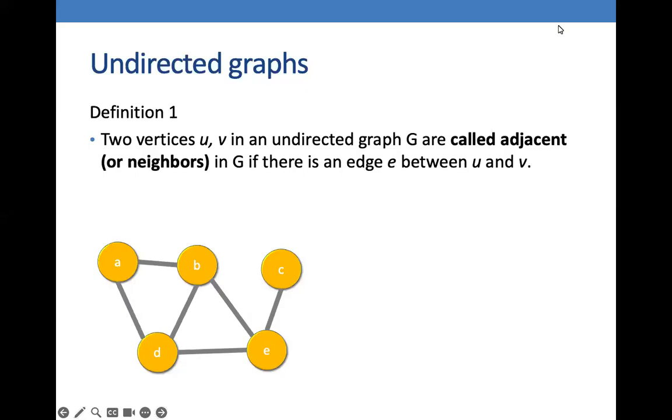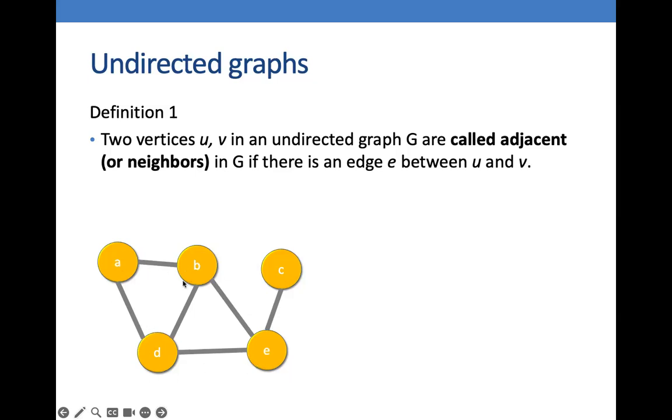Okay, so hi everyone. In this video, we are going to discuss undirected graphs. Undirected graphs are graphs in which edges do not have any direction. The edges indicate a two-way relationship in that each edge can be traversed in both directions. We can see here a graph G, and it has nodes or vertices A, B, C, D, and E,